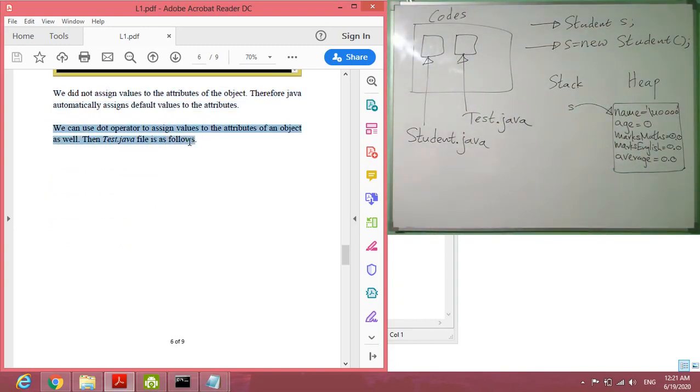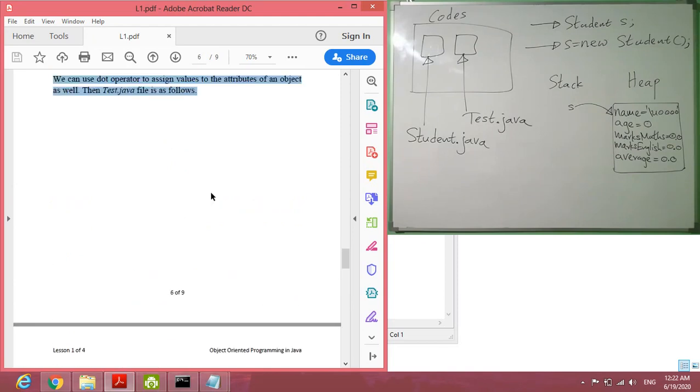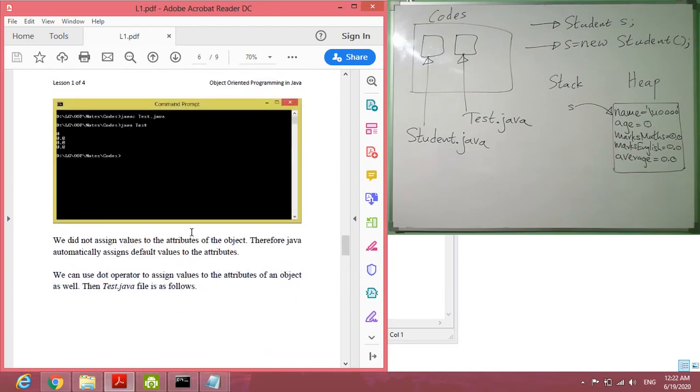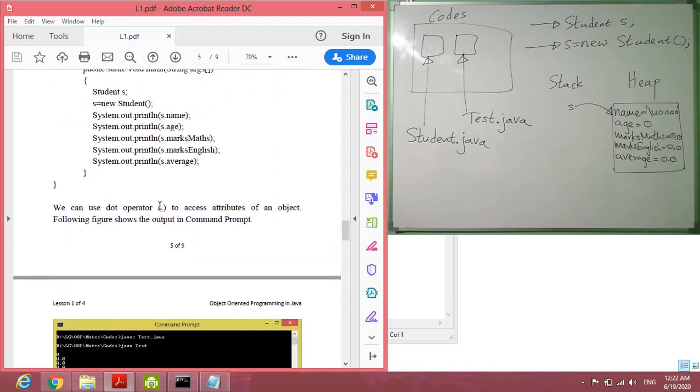We can use the dot operator to assign values to the attributes of an object as well. Here, I forgot to talk about the dot operator. Okay. Then here you can see